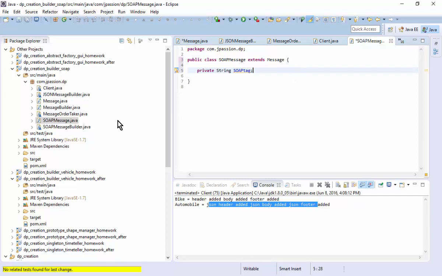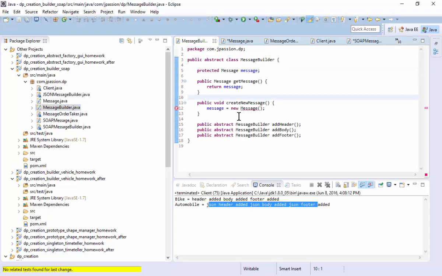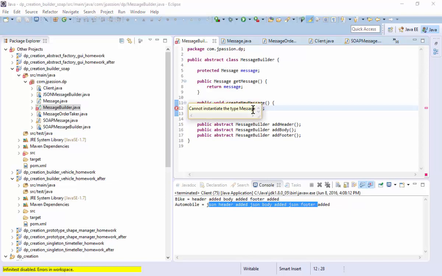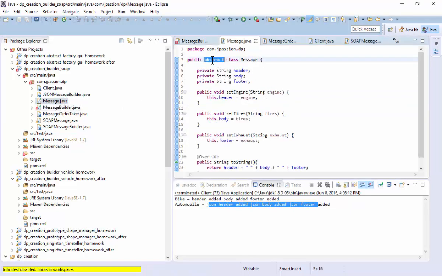So in this case, when the message is built, instead of actually creating the SOAP message, it could be actually injected with a particular message as well, right? So here, this one, create a message, and here we are creating, so message is basically in this case an abstract class. I create an abstract class, okay? For the sake of this exercise, instead of message class, we can just overwrite